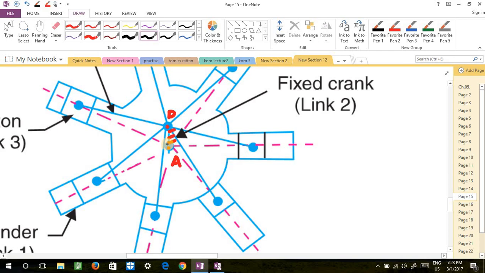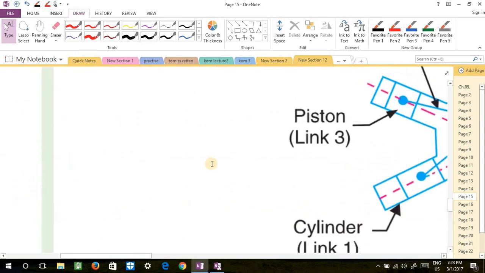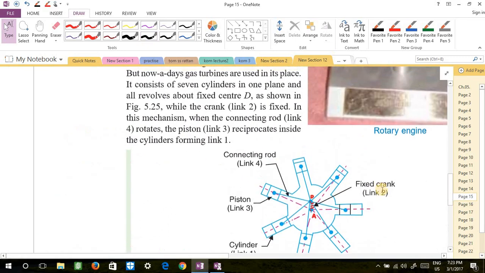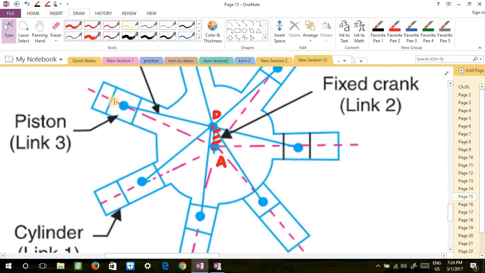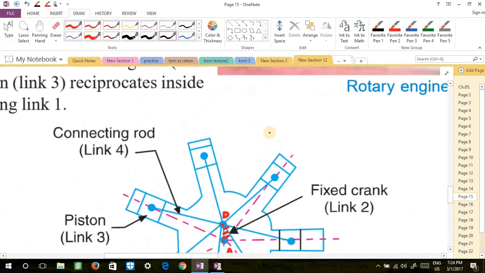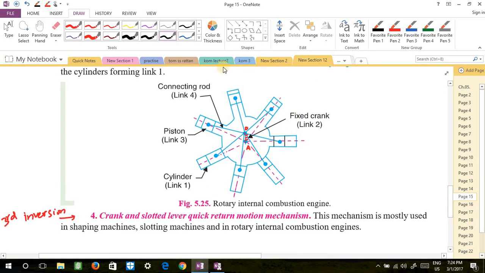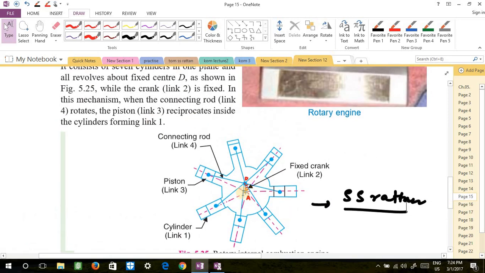So I have shown it with the red color. This is the fixed link, and here also they have mentioned it, but in the book they have not kept it fixed. So please make a correction in your book. You will make this link fixed. If you want to study, the correct note of this is available in S.S. Ratan. I recommend that you study this topic from S.S. Ratan, where it is correctly mentioned. Or you can study it from here, but you have to keep this in mind.